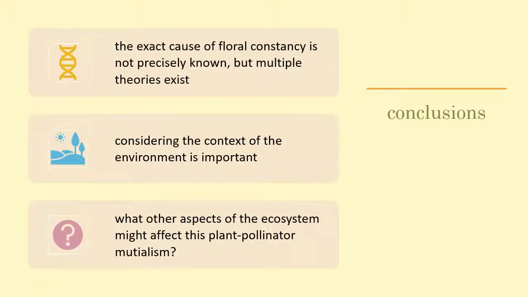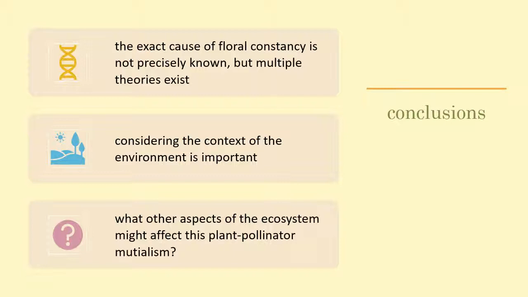So I put out three things that we should take away from this presentation, and the first is that the exact cause of floral constancy is not precisely known, but multiple theories do exist as to why the phenomenon occurs, and it's important to look at all of them separately and then together, to look at the old theories and the emerging theories and put them all together to try to make more sense of it. It's also important that we consider the context of the environment